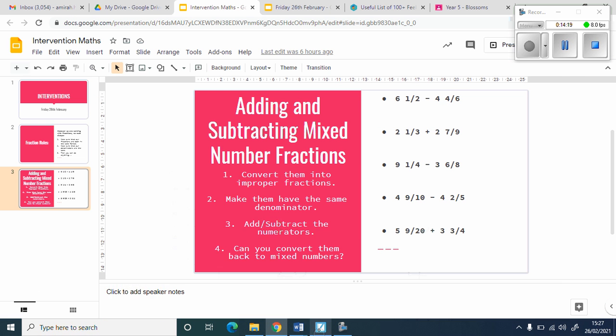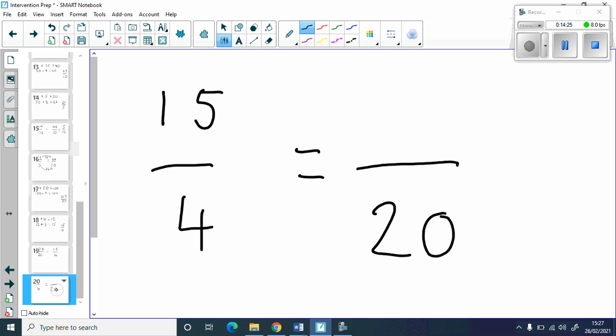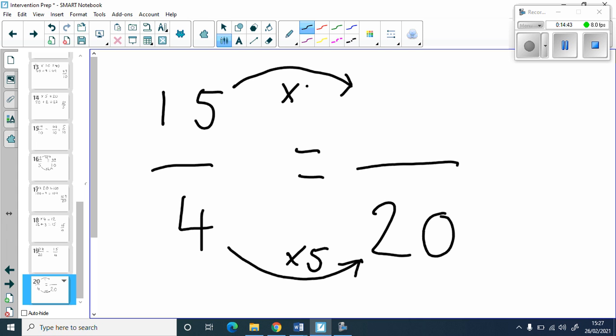What's the next step we need to do? Make them have the same denominator. Okay, so start with the smaller one, put it to the bigger one. How do I get from 4 to 5? Count up in your 4 times table till you get to 20. Count on your fingers. So 4, 8, 12, 16, 20. Okay, that's 5. So you're multiplying that by 5. Whatever you do to the denominator, you must also do to your numerator. Okay, and however you might want to work this out, whatever method you choose to do, you will finally get the answer then,